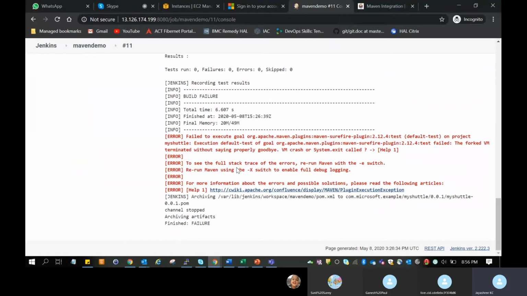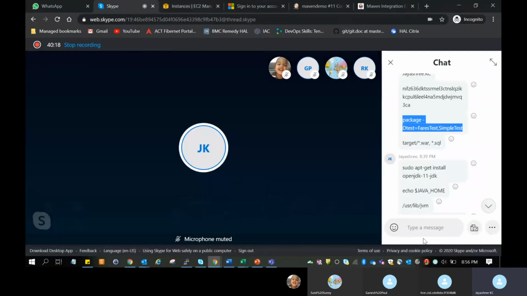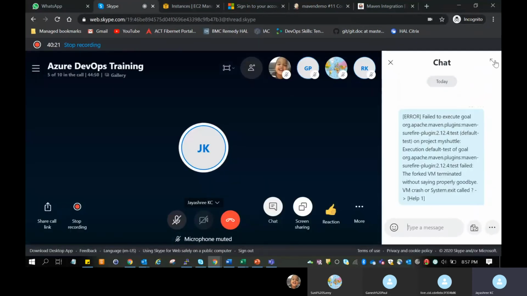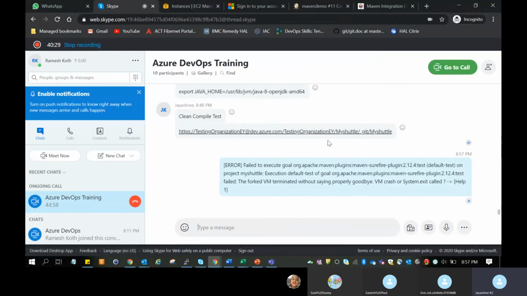Give me the error. Failed to execute goal. That error. Maybe there is an update with a plugin that we are using. That's the reason.